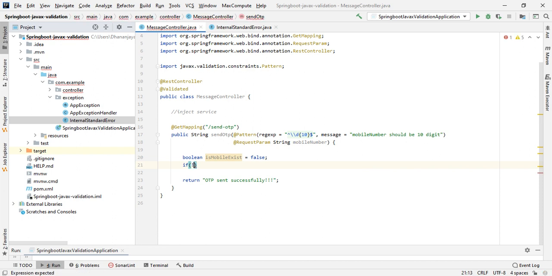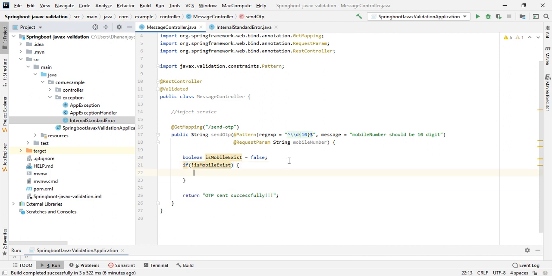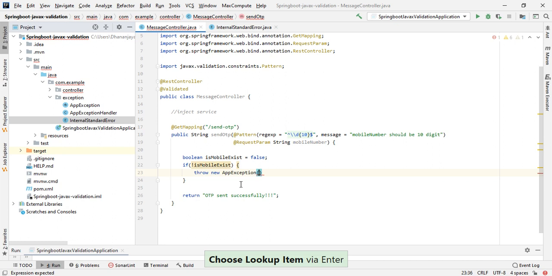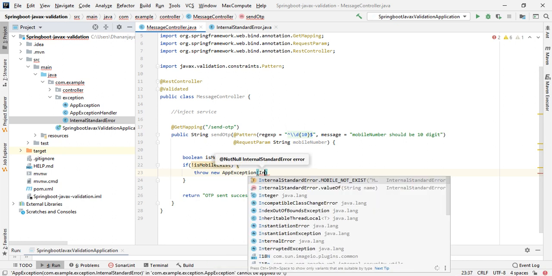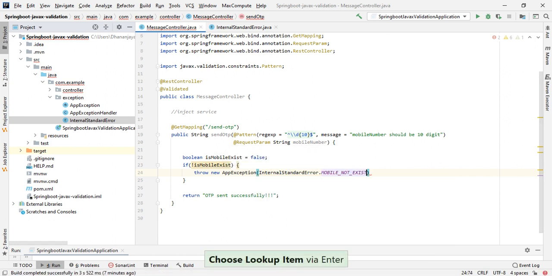If mobile number not exist, then what we'll do, we'll throw exception. Throw new AppException, and InternalStandardError we need to pass, right? InternalStandardError.MOBILE_NUMBER_NOT_EXIST. Okay,